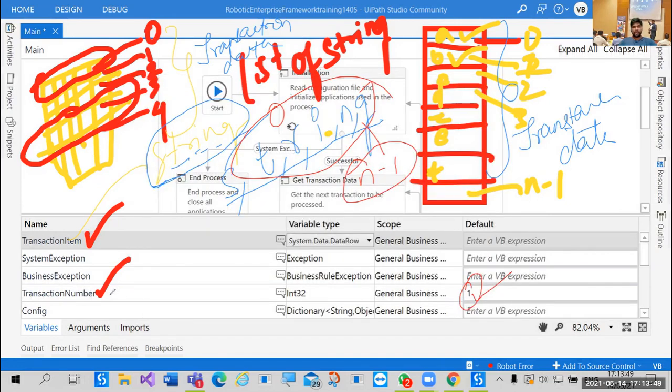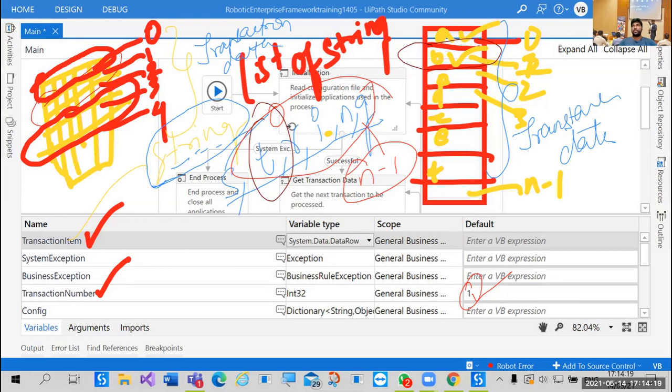So when we start with 1, from the first row it will be executed from the second item; here also it will be executed from the second character. So we need to change it to 0. But when we are using transaction items as queue items, we need not do it.